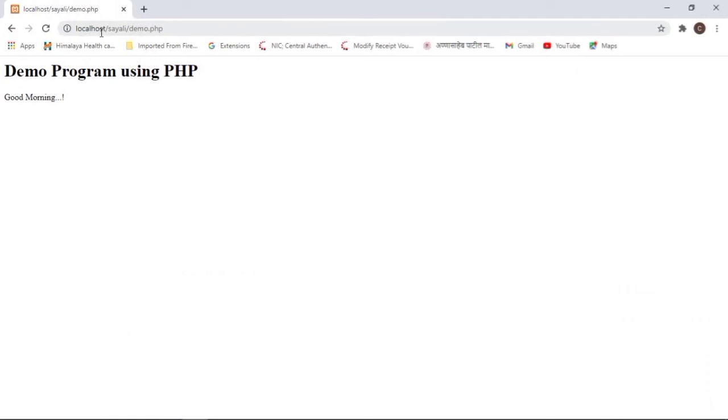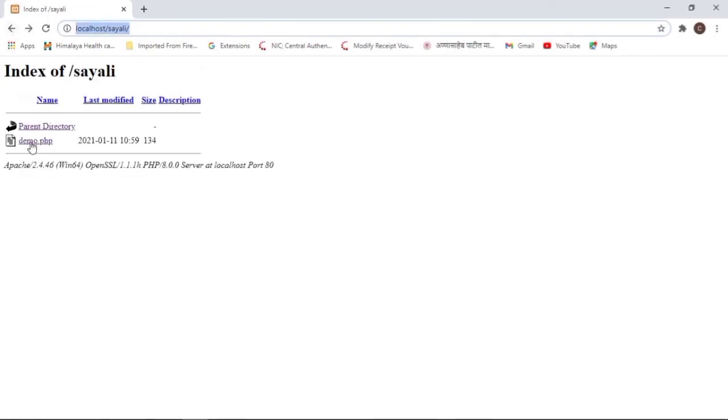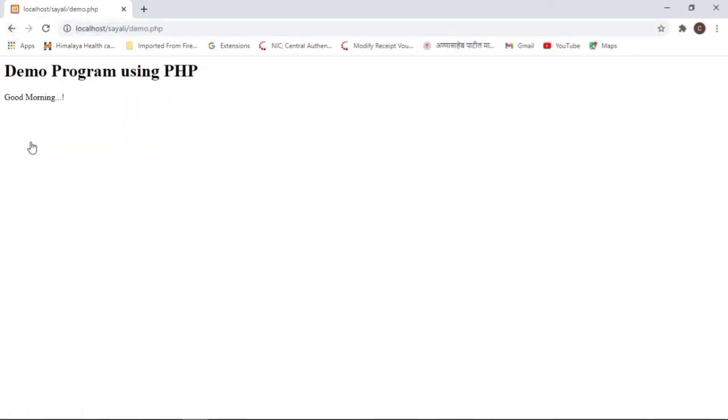Then open your project location. Within that you will be able to see your programming files, and you can just click on that file to run the program like this. So demo.php, click on this, and you will be able to see the output of your program. So follow all these steps. First of all, download XAMPP server, install it, then create a PHP programming file and run the PHP with XAMPP server. Thank you.